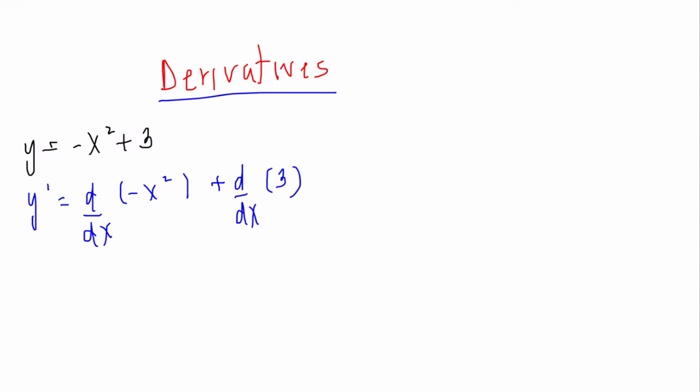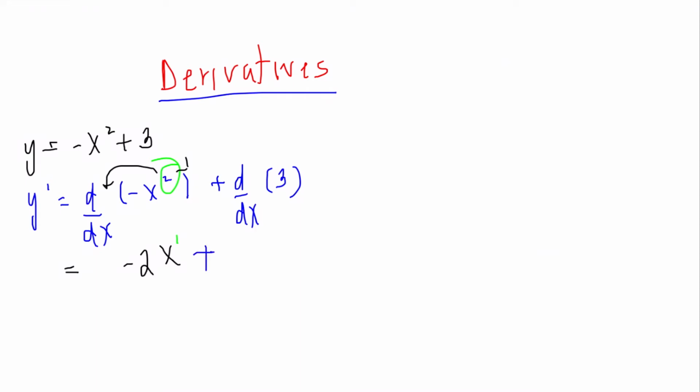How could you find the derivative of minus x squared? The way to do it is to bring the 2 down and multiply it with the negative x, and subtract 1 from the power, which is 2. So you're going to get minus 2x, and when you subtract 1 from the power you get 1. Minus 2x to the power 1. Plus